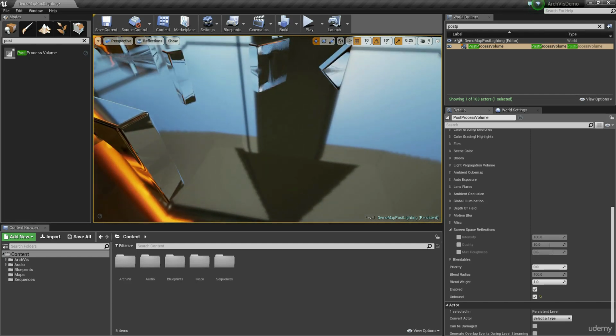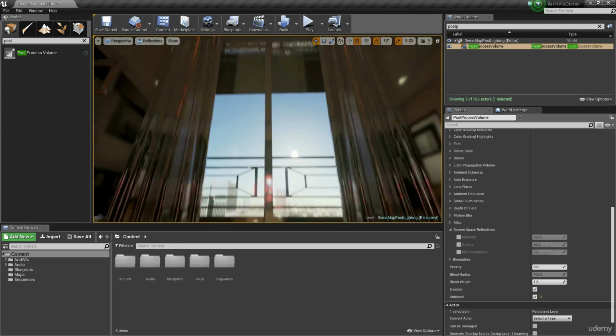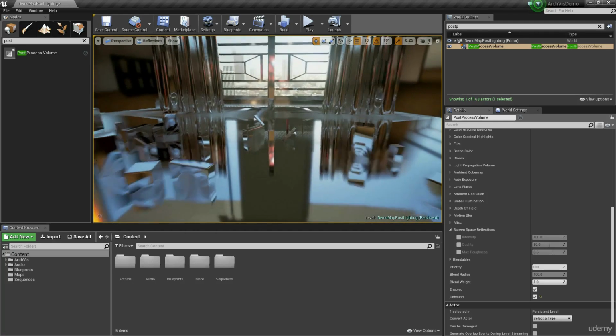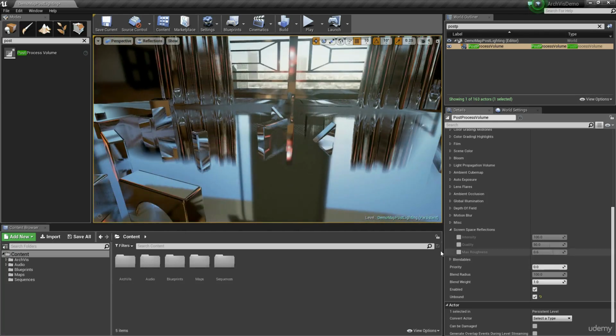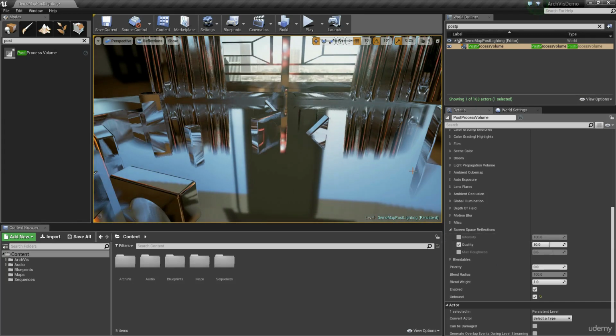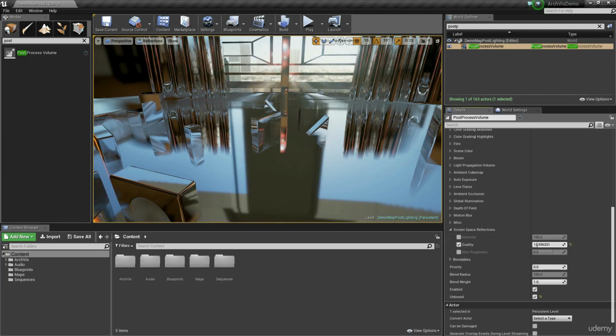So as I can see the block, it's essentially just working on a transform on the screen to kind of get that effect. And most of the time it looks really good, and your reflection actors kind of pick up the rest of it and nicely fade between them. In a demo like this, it's a good idea to push the quality up. So before it was at 50, but if I push it up to 100, we're just going to end up